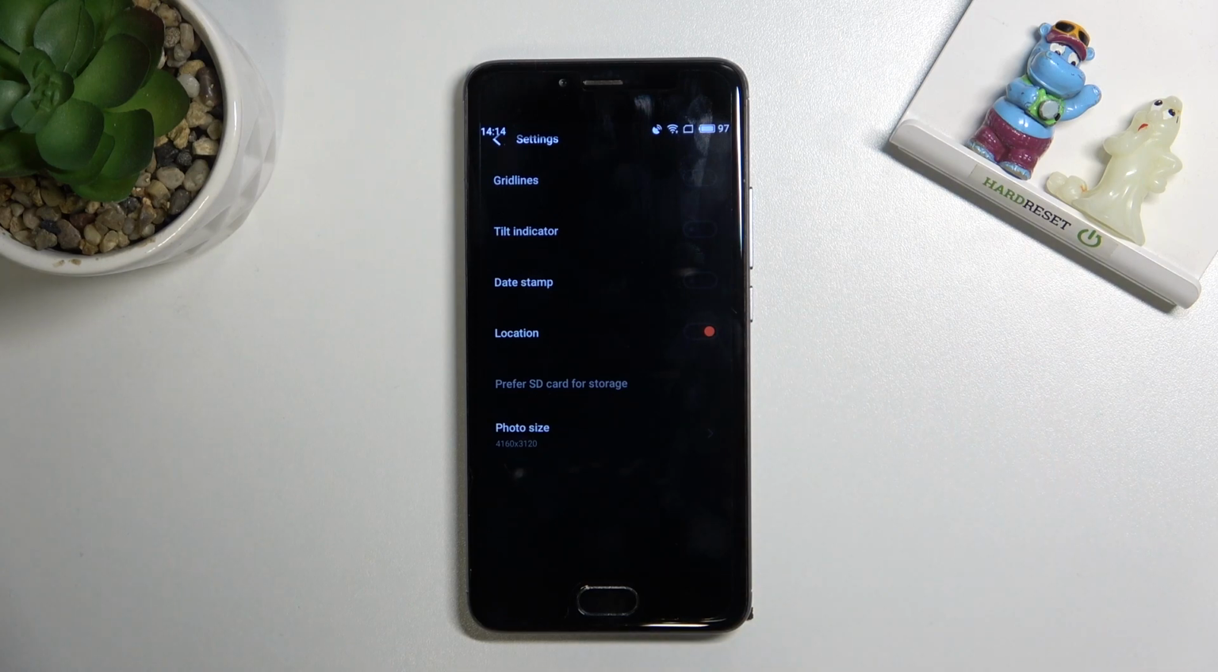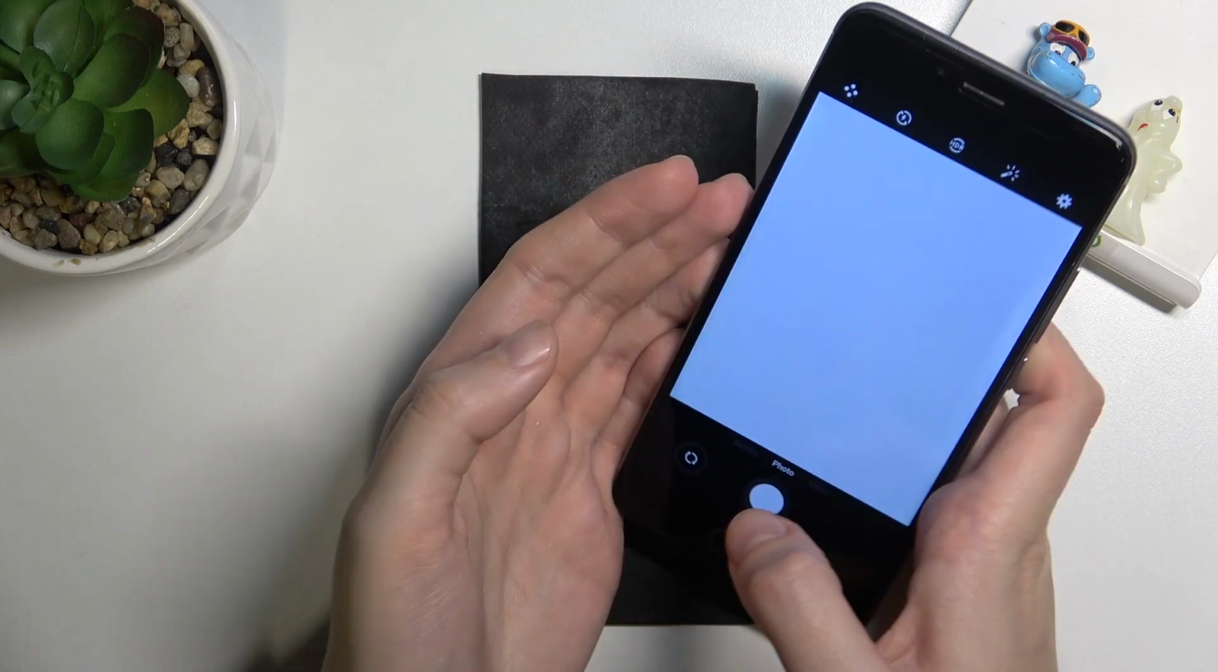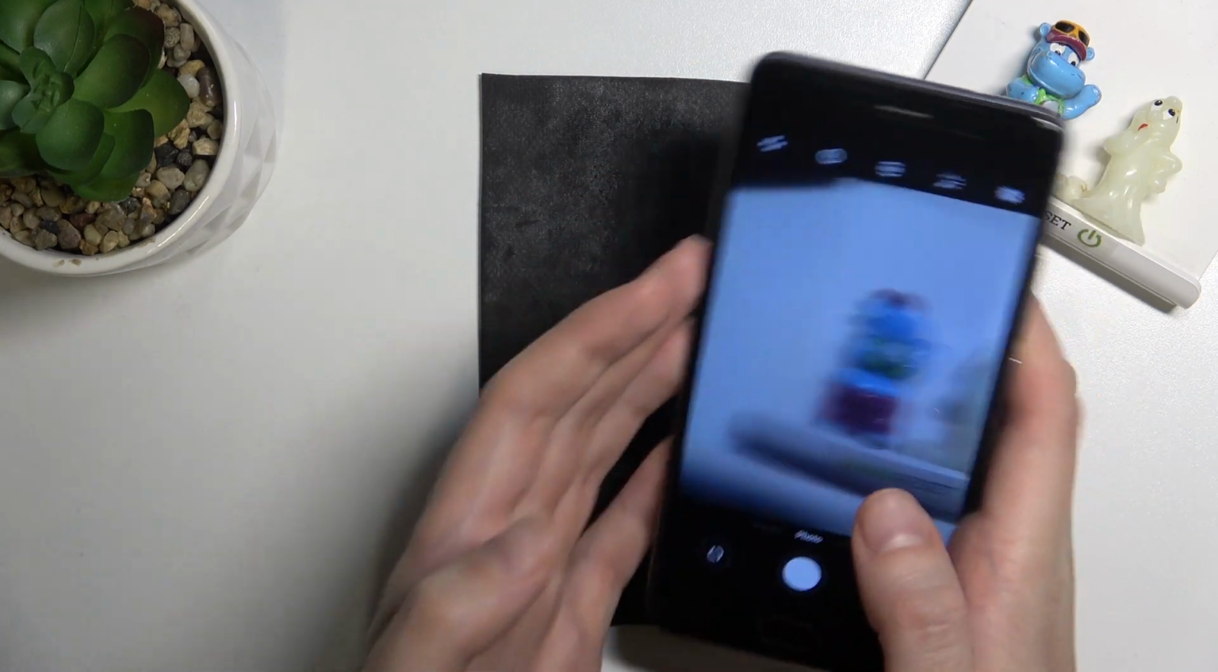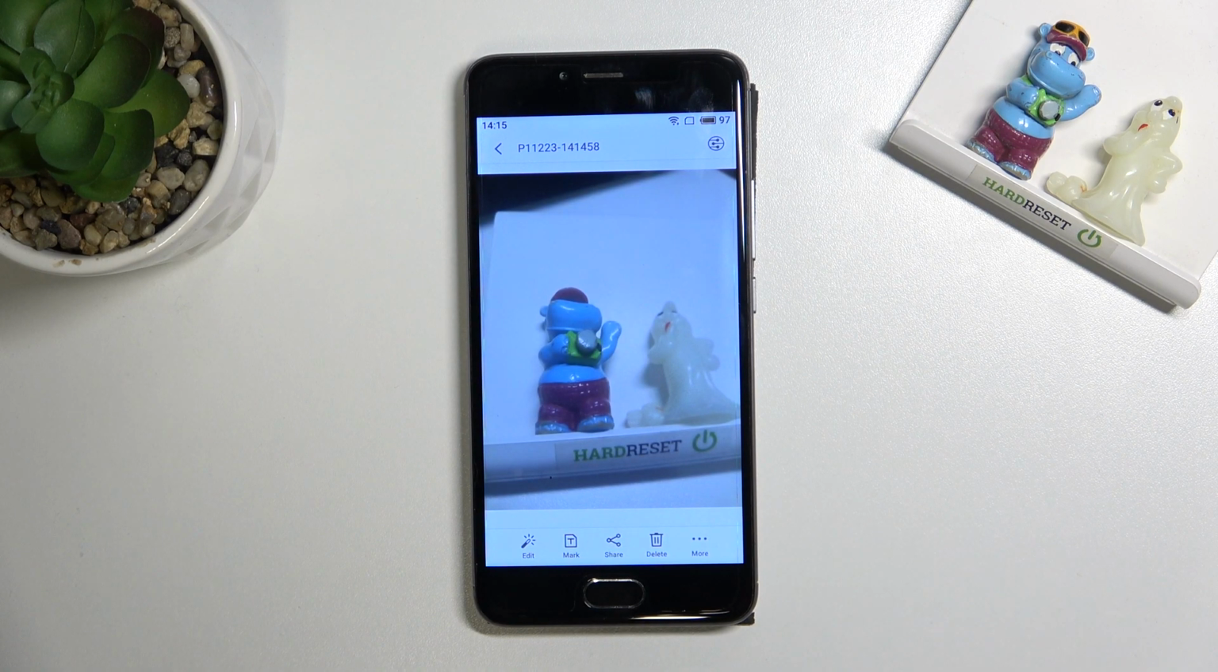Now let me keep turning it on all of these settings. Let's move back to camera to take a photo. To see it, let's move to right to the button that follows us straight to the gallery, and this is